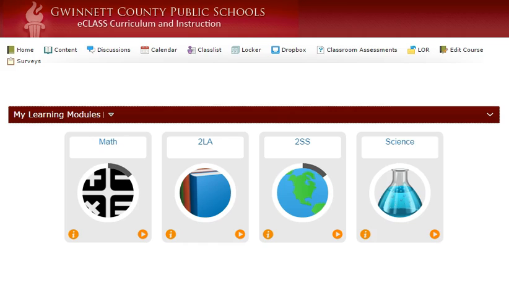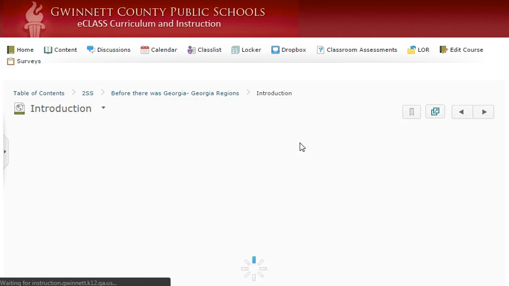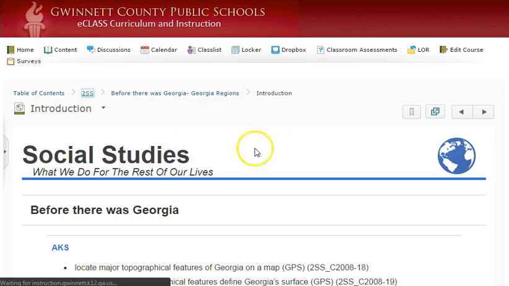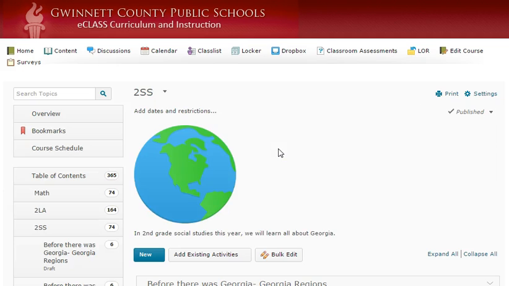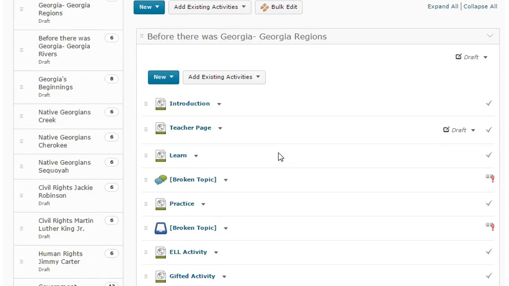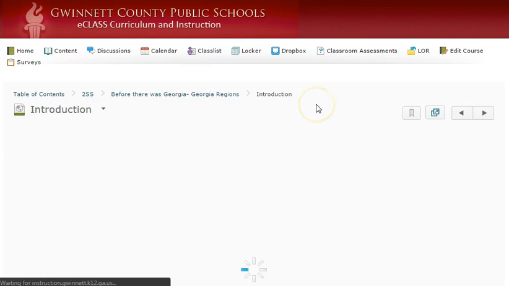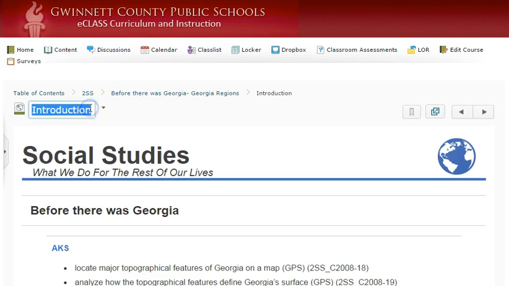Now that you know how to add an image to your tile, let's talk about a couple of tips and tricks that can be useful for when you're using the My Learning Modules widget. When you want students to all visit the same exact topic within a tile or within a content module, you need to add 2 asterisks or stars to the name of that topic. For example, inside my social studies content, if I would like for my student to visit one particular file in general, I'm going to go to that file in content and then add 2 stars to the name of that